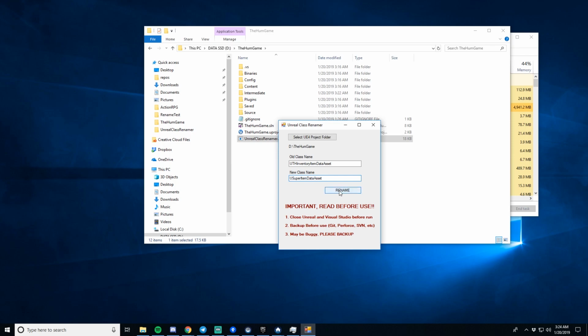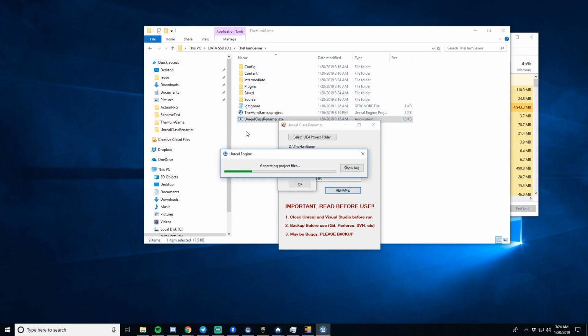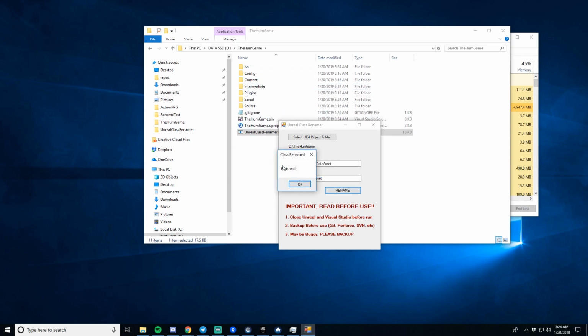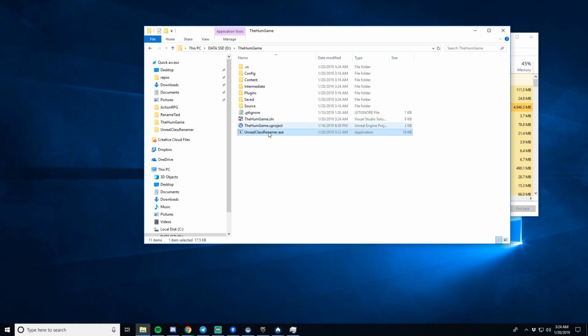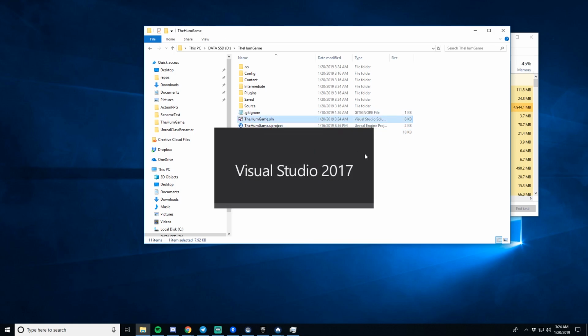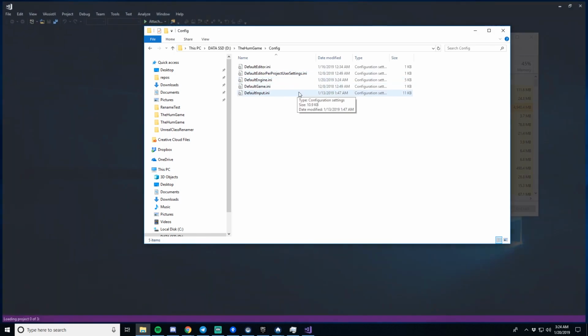So if I press rename, you will see it says again close Unreal and Visual Studio before clicking yes. I should be ready to go. You will see it's regenerating all the folders as well. So it already did the renaming and regenerated the folders. It closes. Before opening the project, and before checking if the rename was good,